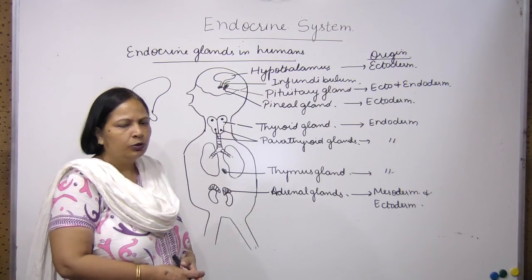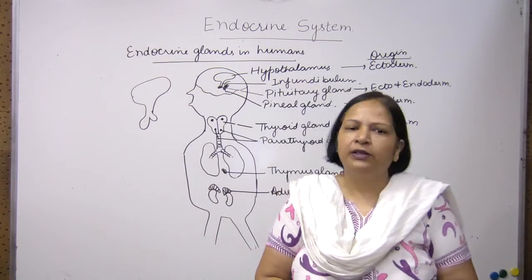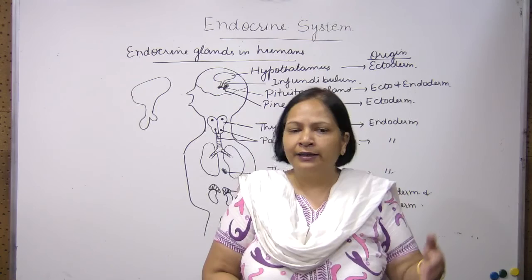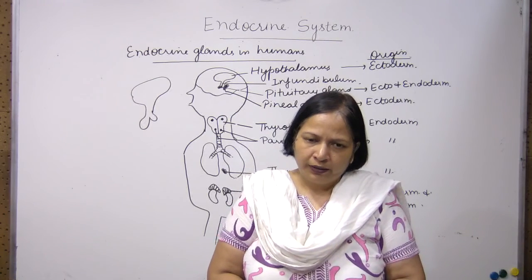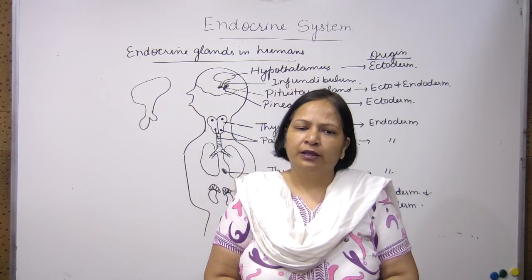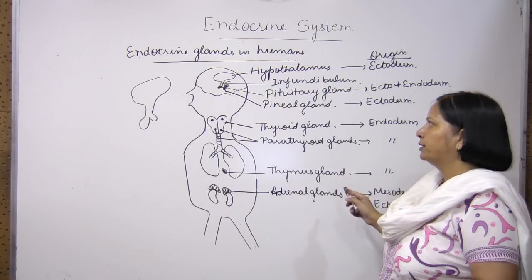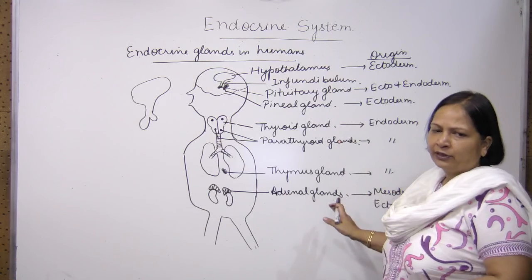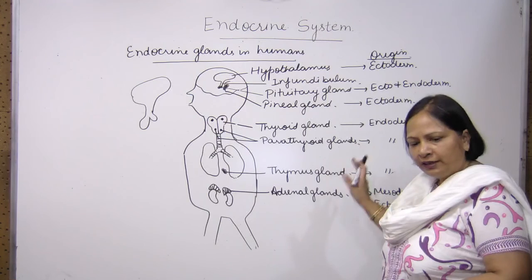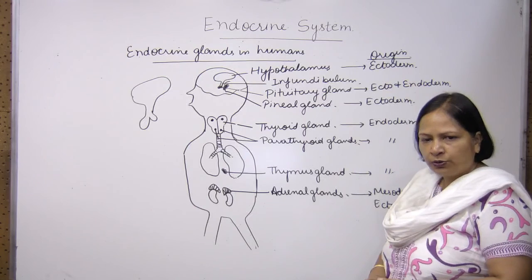Okay students, so today we discussed endocrine glands, differences between exocrine glands and endocrine glands, why we require endocrine glands in addition to the nervous system, right? We also discussed the differences between enzymes and hormones. I told you the origin of various endocrine glands in humans. So this lecture ends with the names of the endocrine glands. We will discuss the functions of these glands later in the next chapter. Okay students, thank you very much.